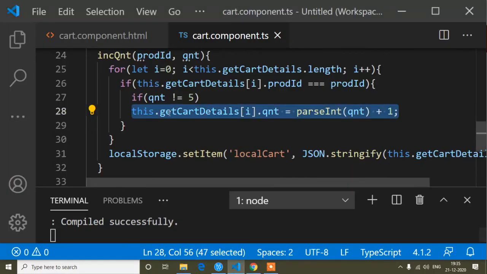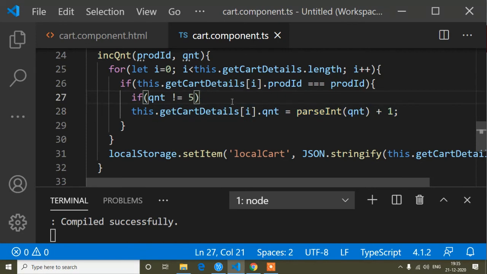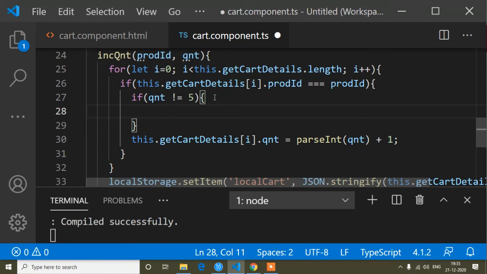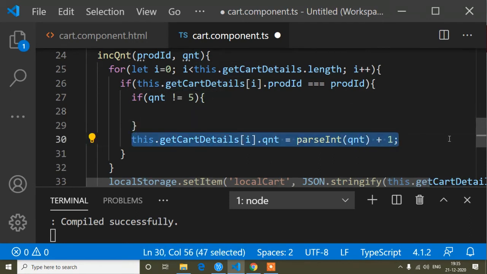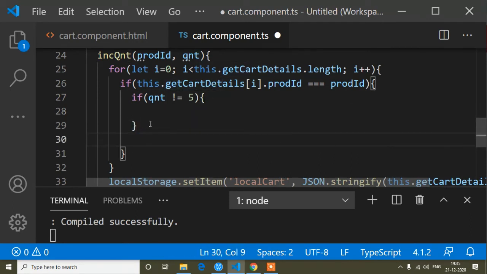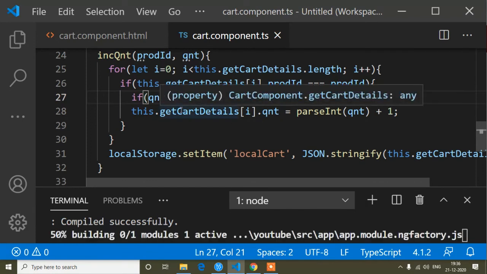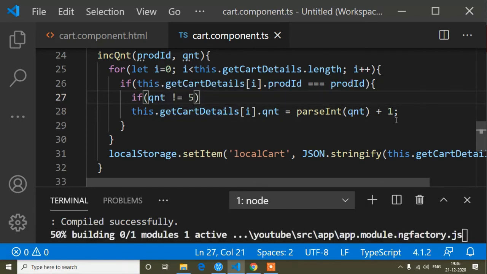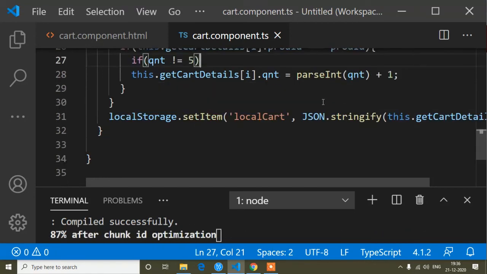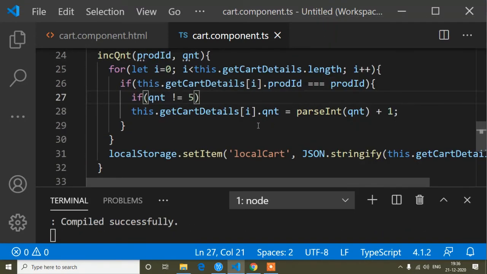And guys, here if you are confused, when we write an if condition, we use double curly braces, and inside these double curly braces we write the condition. But you can write with double curly braces or without double curly braces, you can write this way also, both are the same thing. Okay, so here I did not write double curly braces, I have written it this way. Okay, so now the increase function is done.